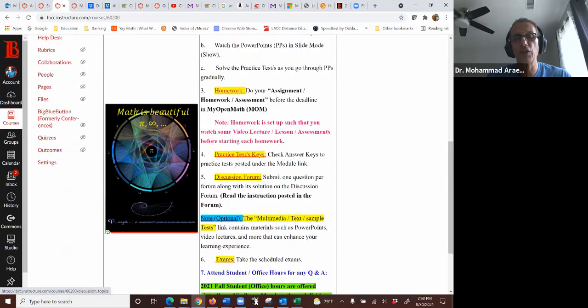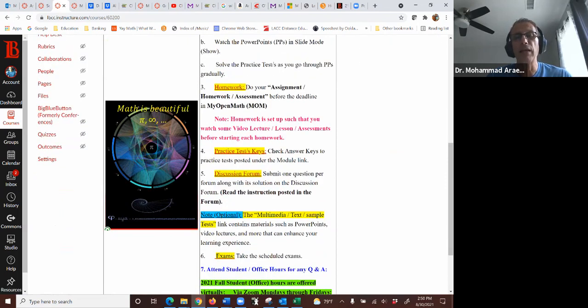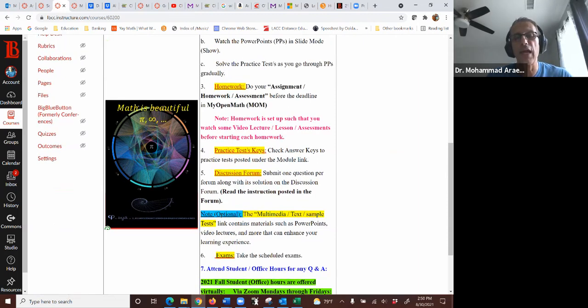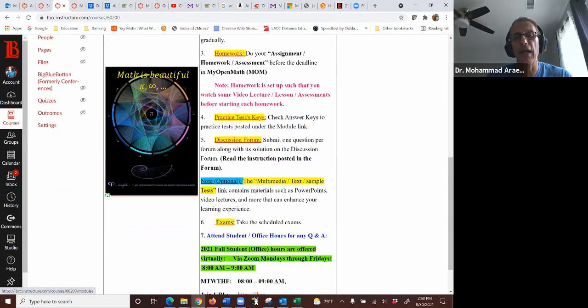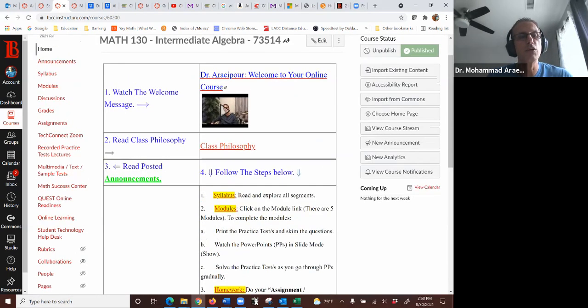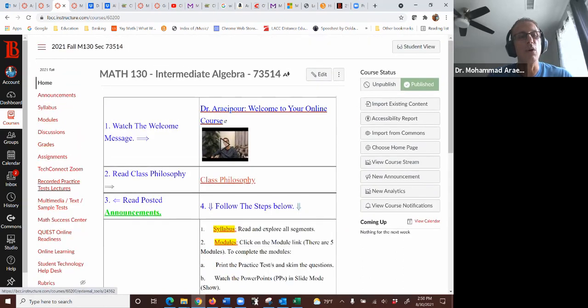Make sure you do the discussion forum. And under this multimedia text sample, we have a completed solution for some of the questions. Finally, you take the exam. Remember, we have a review session before that, and you can attend the office hours from 8 to 9 a.m. Monday through Friday. If you have any questions, on the left side of this navigation bar,